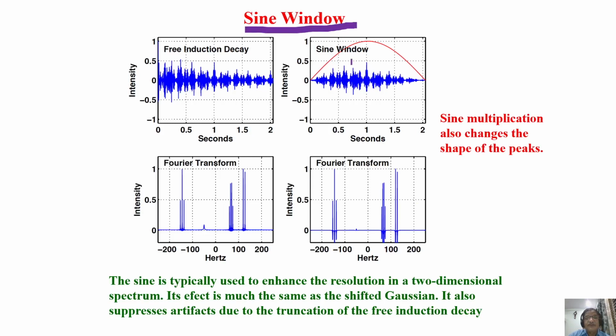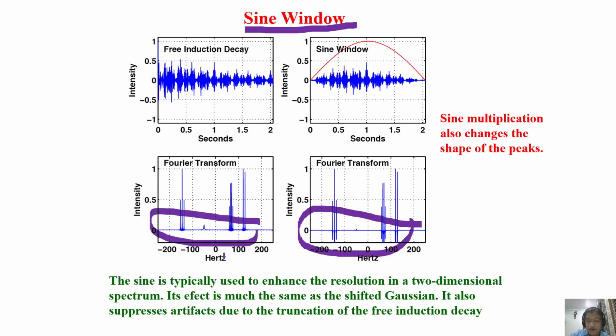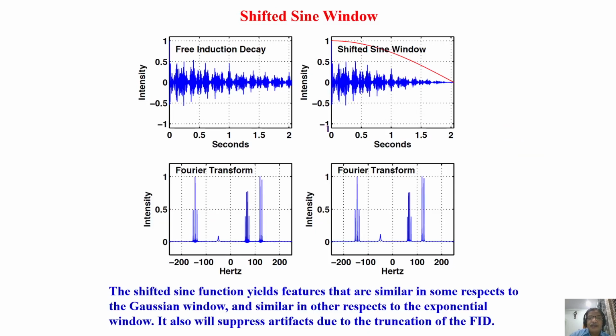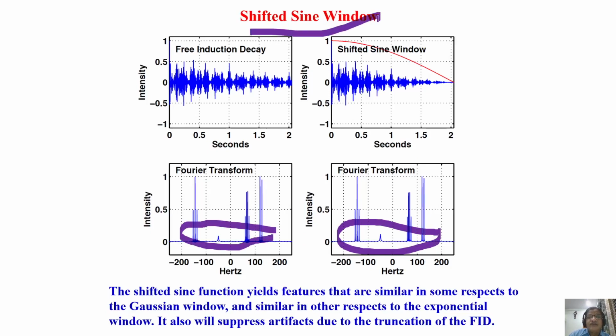Take an example of a sine window. It's another window function. It is a sine window like this. This is called a sine window. See, much better resolution, but more sinc function signals, sinc function artifacts are much stronger than the normal one. Okay. Shifted sine window is much better. You get better resolution. It suppresses artifacts. Okay. And you get a better quality spectrum, with features much better than this. You see, this type of distortions are not there. You get good quality spectrum by using shifted sine window.